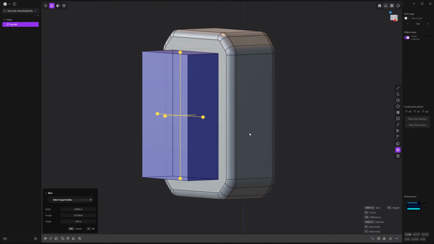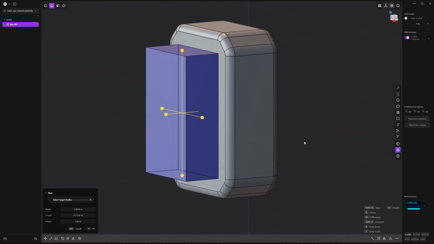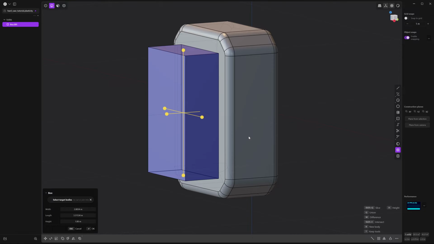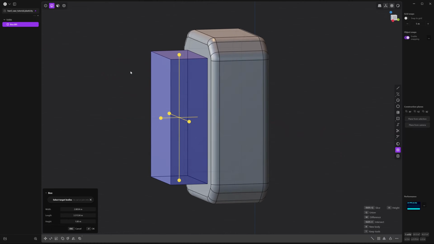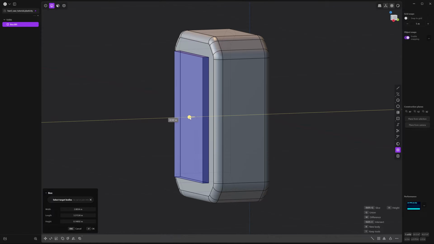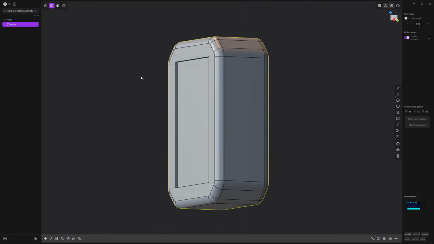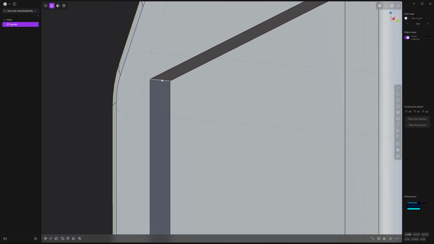Anytime you create an object on top of another object, it'll try to create a Boolean. You can create a new body or just actually create a Boolean, which allows you to merge things or subtract them and intersect them. In this case, we do want a Boolean, but we don't want to unify them, which is what a blue one does. We want to subtract it, or difference. So we're going to drag that face backwards and have a bit of an inset there. Right click to accept.